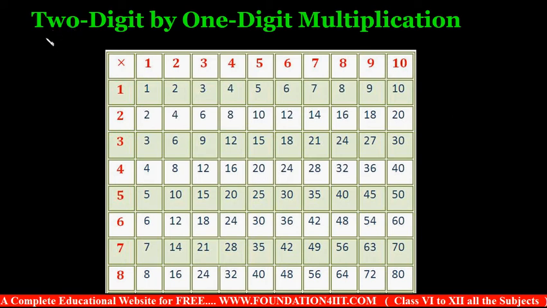Now we will see the 2-digit by 1-digit multiplication. To do any multiplications in general, we'll use a calculator or pen and paper. So without using those, we can learn how to do calculations internally. Let us see first 2-digit by 1-digit. And before that, you must be aware of this complete chart.